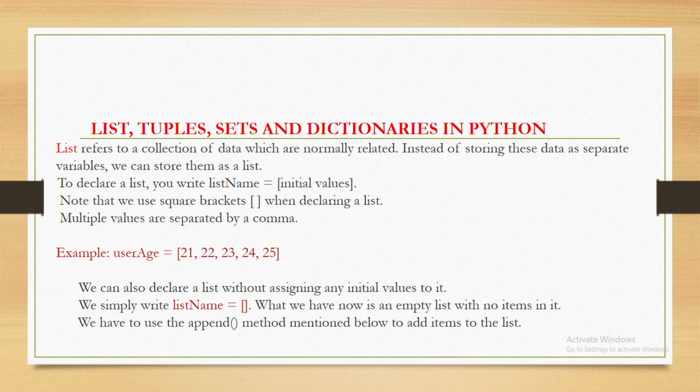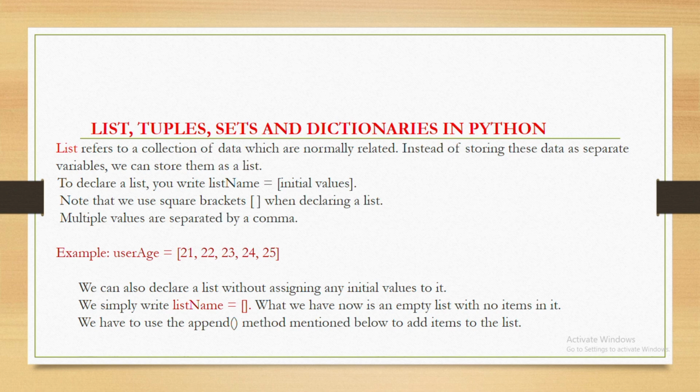We are going to be seeing lists, tuples, sets, and dictionaries in Python. But first of all, we are going to be understanding the complex data types. The first one we are going to see here is the list. A list refers to a collection of data which are normally related. If you want to keep related data, instead of storing this data as separate variables, we can store them